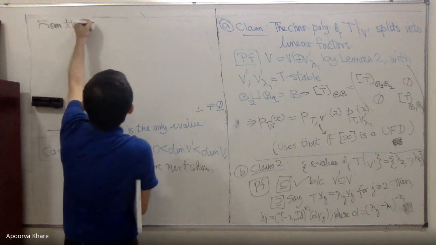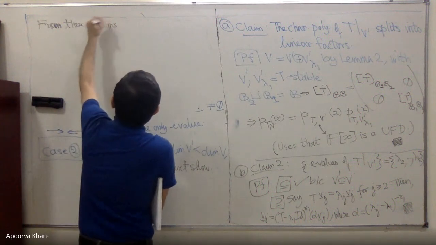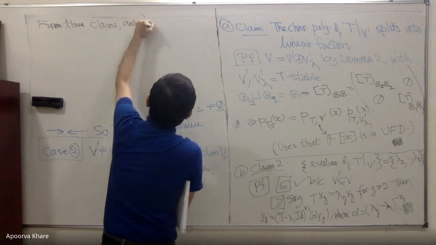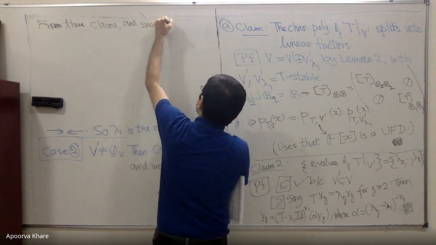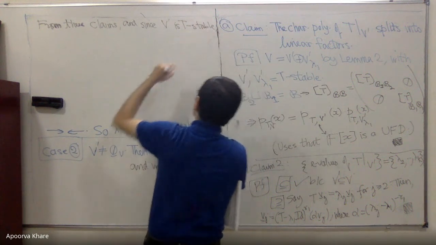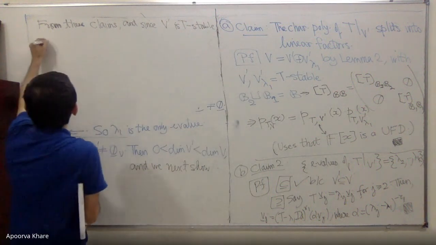So from these claims, and since V prime is T stable, the induction hypothesis implies